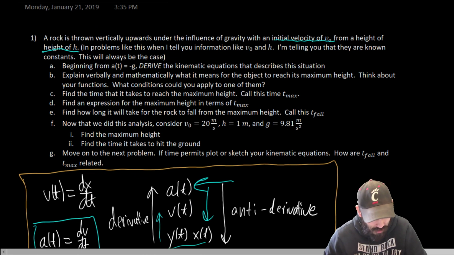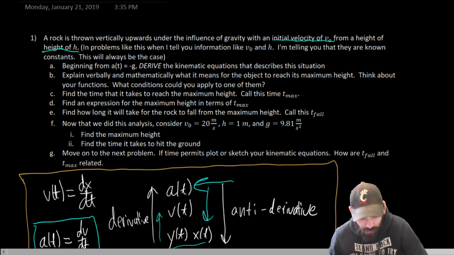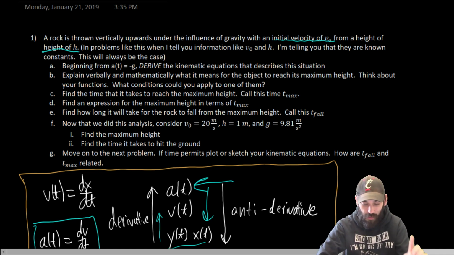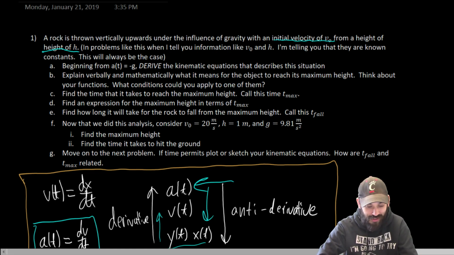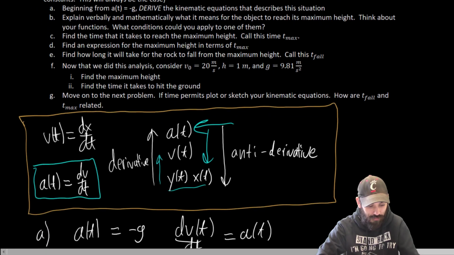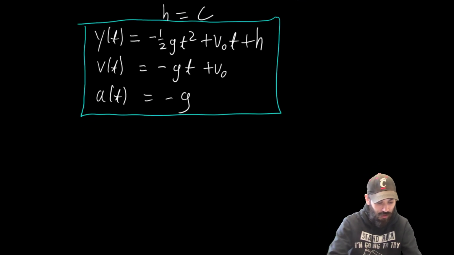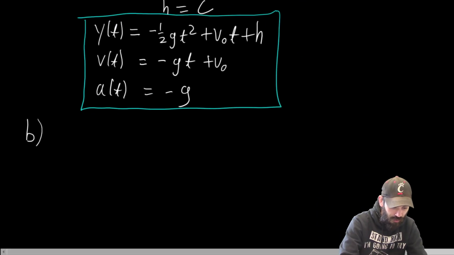The next question says, explain verbally and mathematically what it means for the object to reach its maximum height. Think about your functions. What condition could you apply to one of them? Okay, so for B, we know that at maximum height,